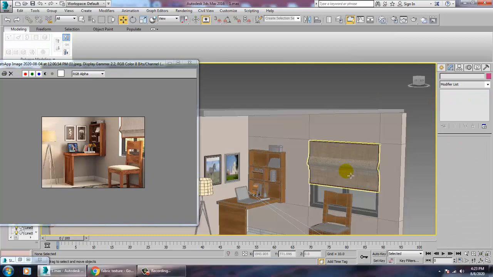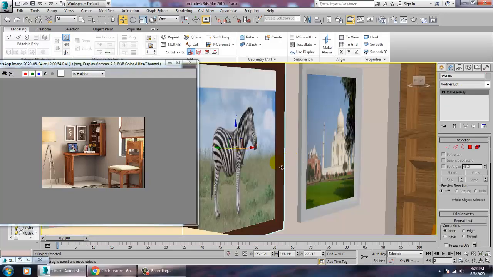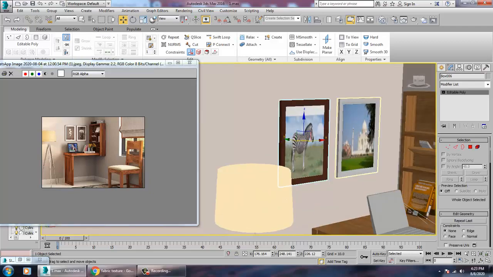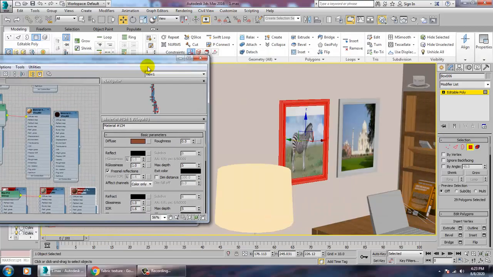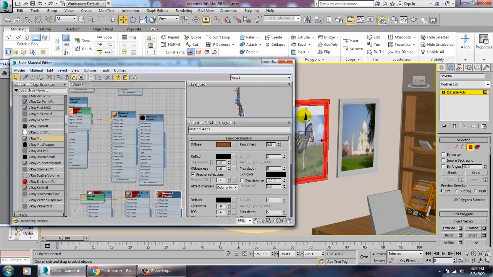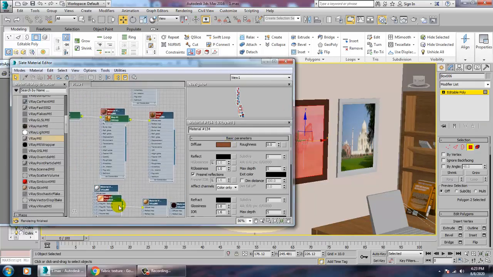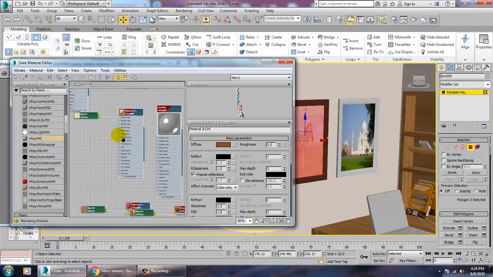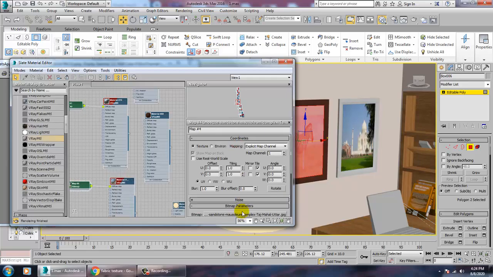And one more thing, what we are going to do over here is change the texture for this frame. It doesn't look good over here. So let's go into the material over here. Select this. So let's go into this.